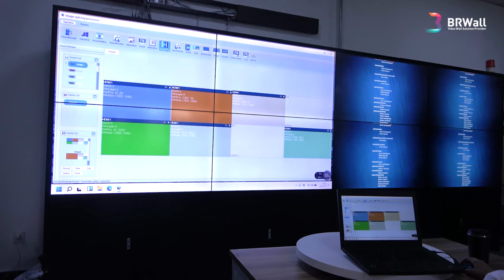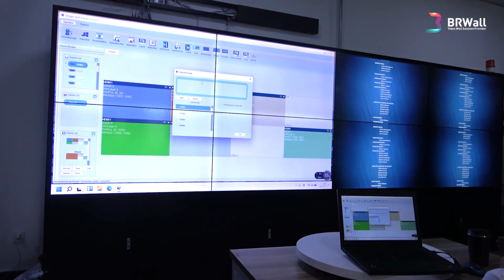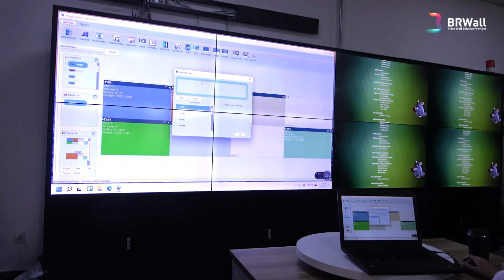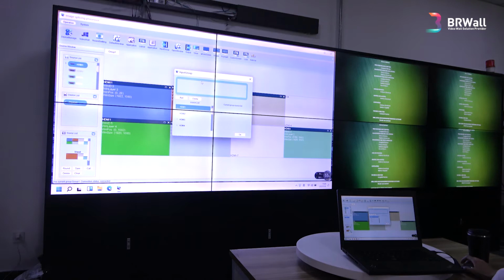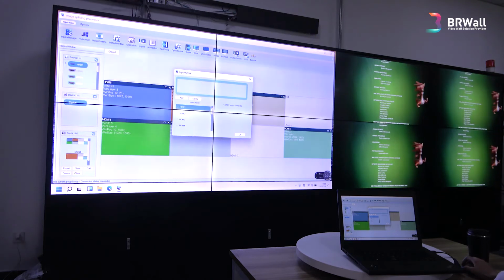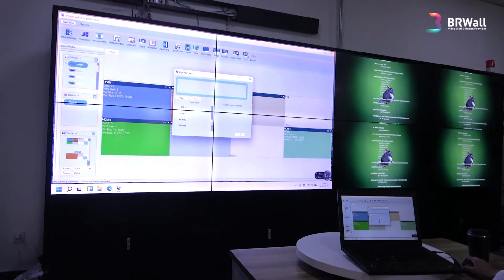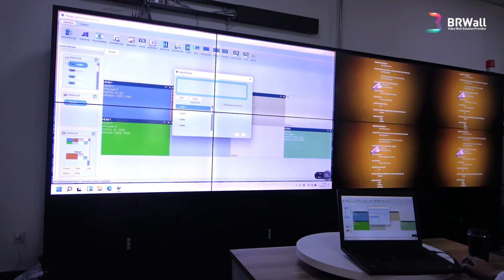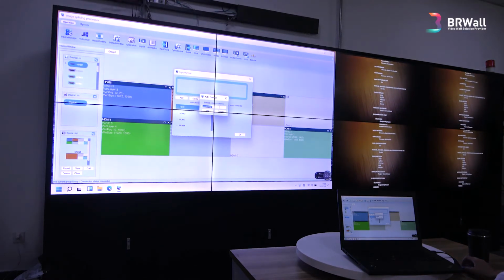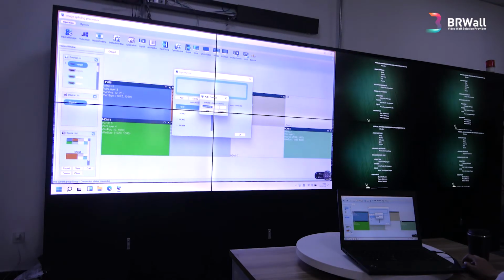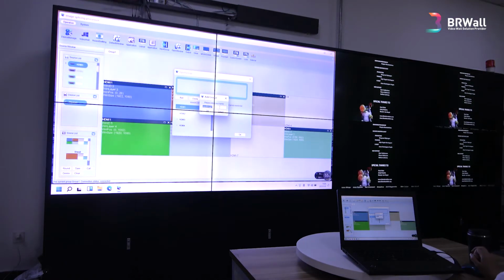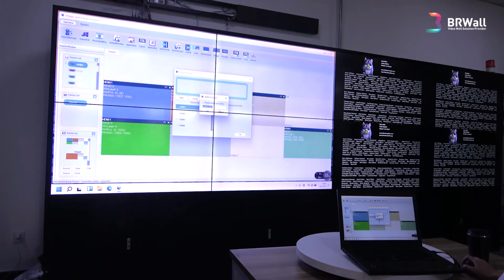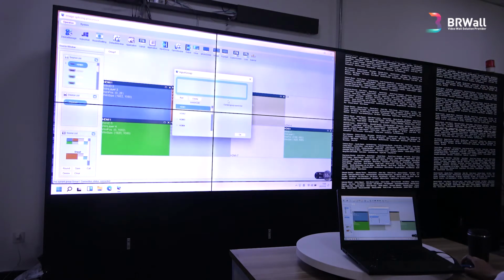And here you can check the input grouping. The input grouping will manage the same input source into different groups. Like if you have 16 different input sources, but you have 4 DVDs and 4 control PCs, you can manage in here the PC group with 4 sources and the DVD group with 4 sources. Like this, you can manage the different input sources into different groups. Okay, this is the